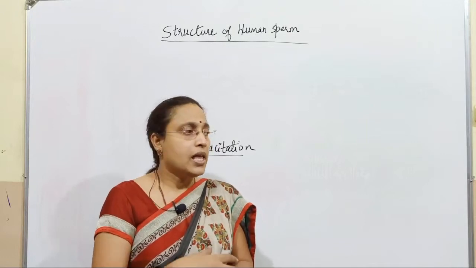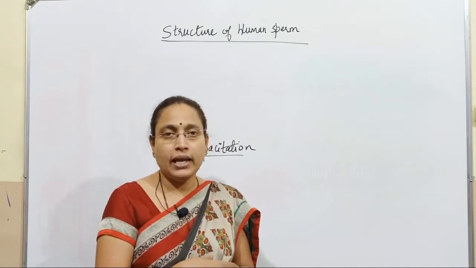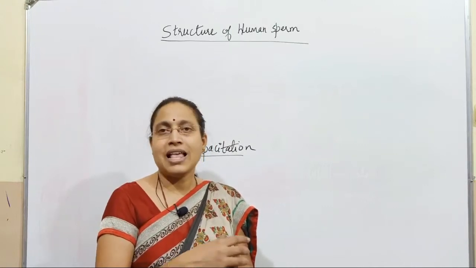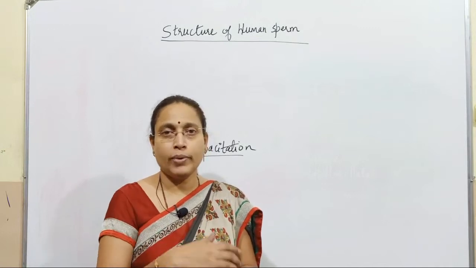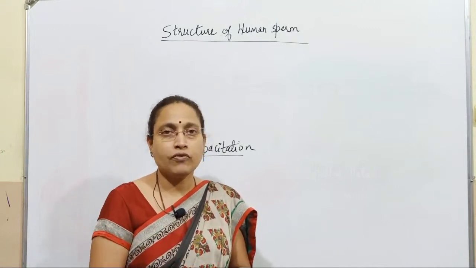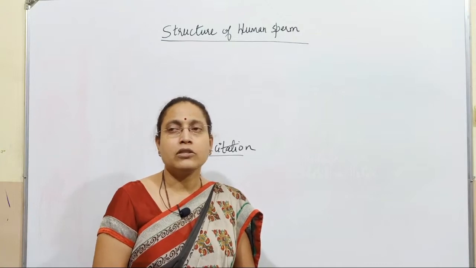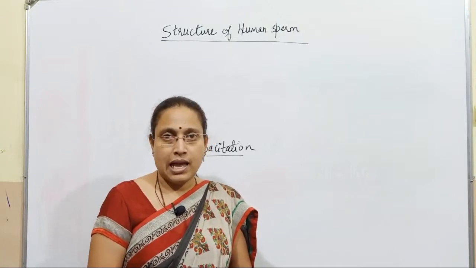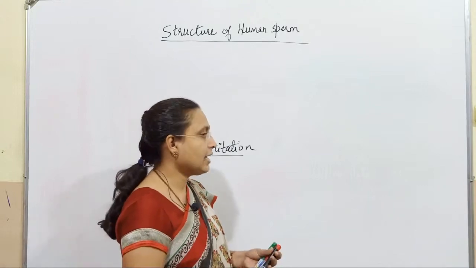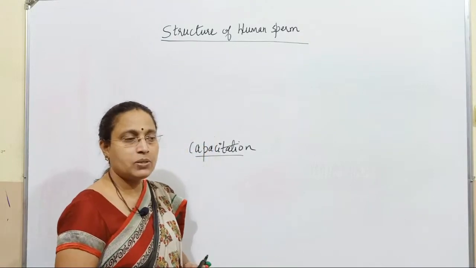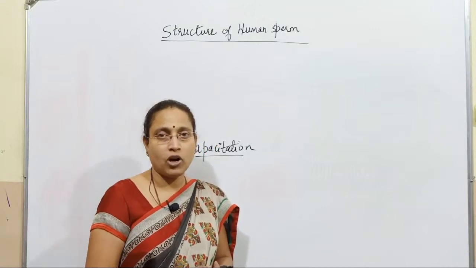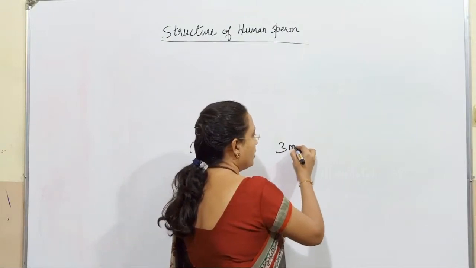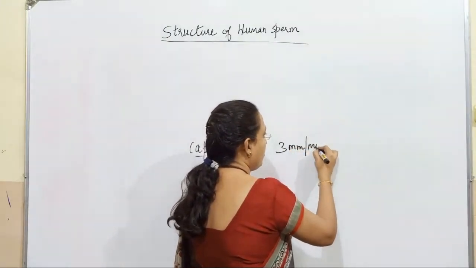For example, sperm moves very slowly in the male reproductive system, with an undulating or wavy movement, but upon entering the female reproductive tract, it is going to have a fast whiplash movement. After capacitation, which may take up to 6 hours in the female reproductive tract, it will gain a speed of 3 mm per minute.